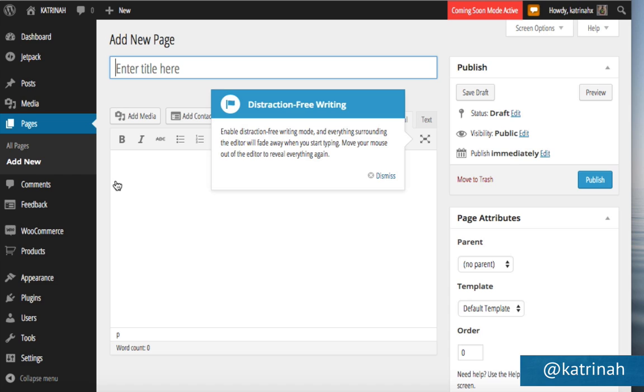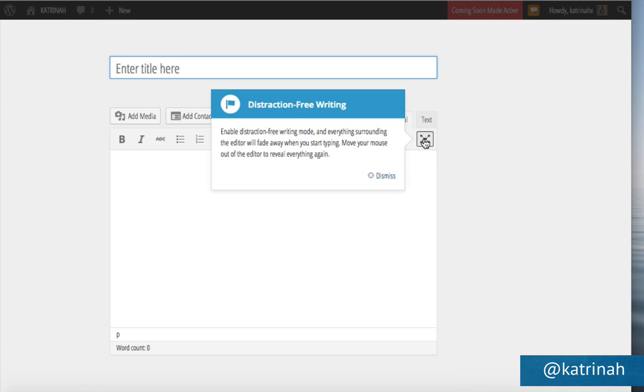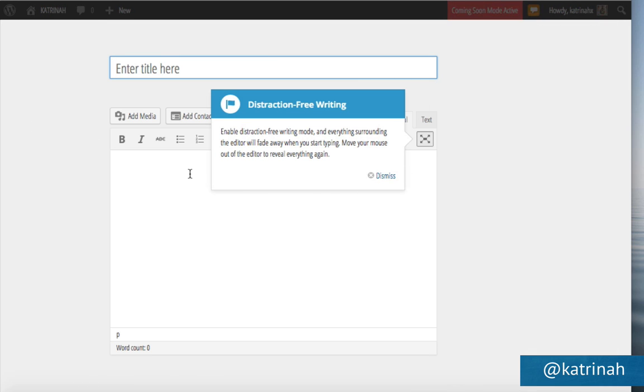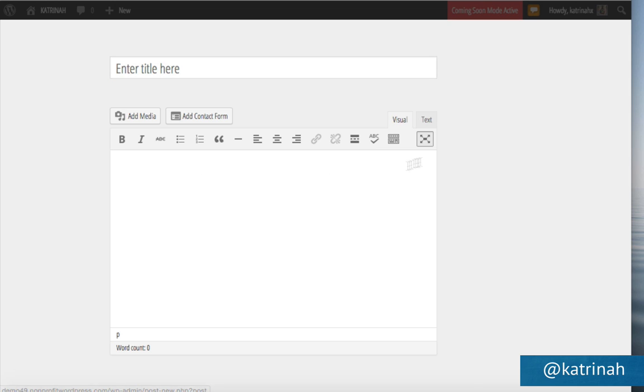And then here on the Add New Page screen, we can see that WordPress gives us a tooltip if we'd like to have distraction-free writing. We can go ahead and click on this button right here to have distraction-free writing mode. When I click on that, we can see that everything else disappears and I can just concentrate exactly on the content that I'm creating. I prefer to see everything, however, so I'm going to click on Dismiss, and then I'm